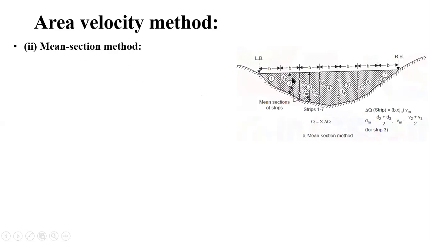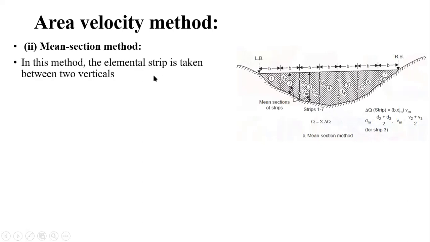So as we have taken the mean or the average, that's why it is considered as a mean section method. So in this method, the elemental strip is taken between two verticals. Elemental strip, this strip is taken in between two verticals. So this is one vertical, this is a second vertical we can say. At 0th there is also one vertical. So 0th, 1, 2nd, 3rd, 4th, 5th, 6th and 7th. These 7 verticals are there, and in between adjacent two verticals there lies a strip. So strip is now lying in between the vertical 1 and vertical